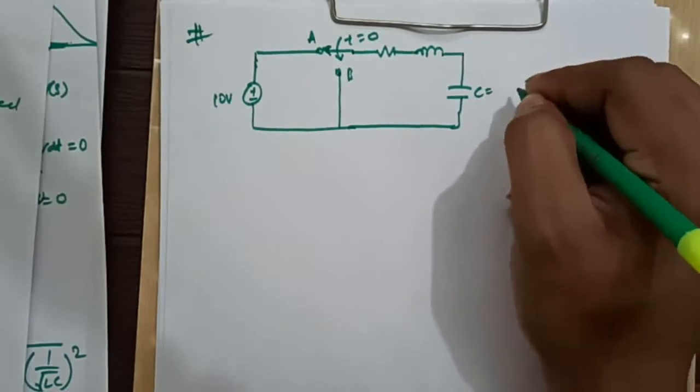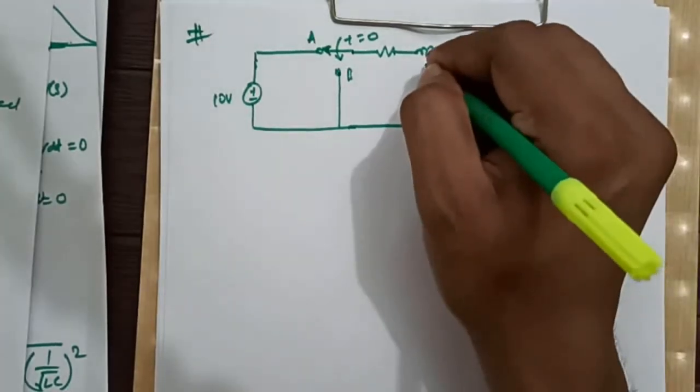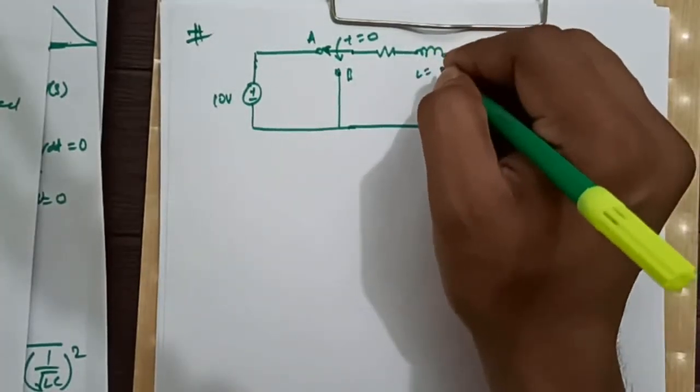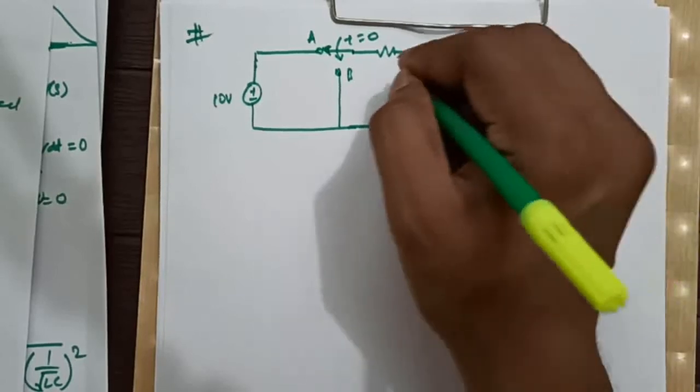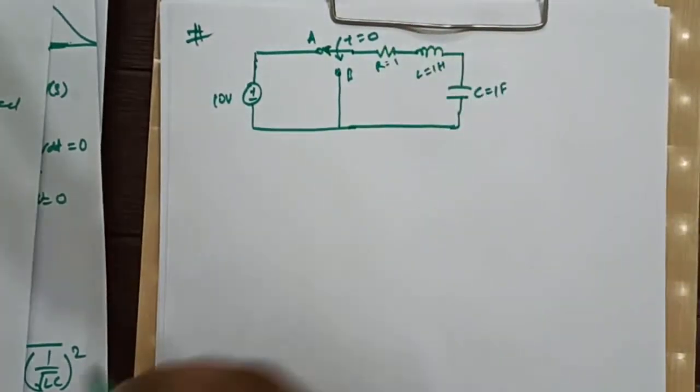This is C equal to 1 farad, this is L which is 1 Henry, and this is 1 ohm, right? Now the question is,